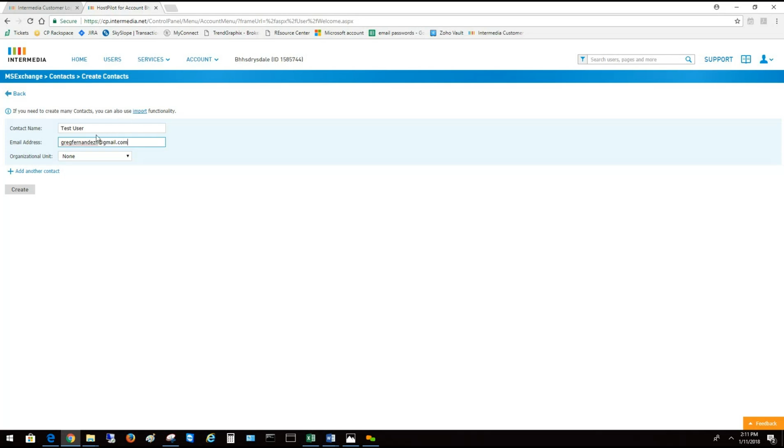Okay. So now, in the organizational unit, make sure you set that to 0 or none. We want to make sure we keep that on none here because this is not a BHHS email address. This is a forward. This is how we're creating a forward for the test user who does have an email address. Okay, so once we hit create,